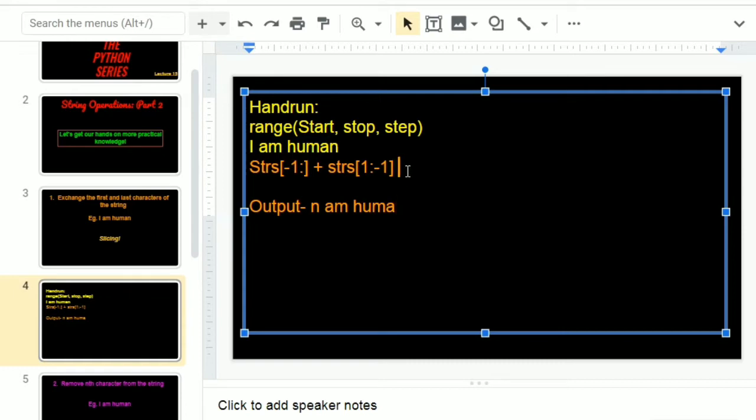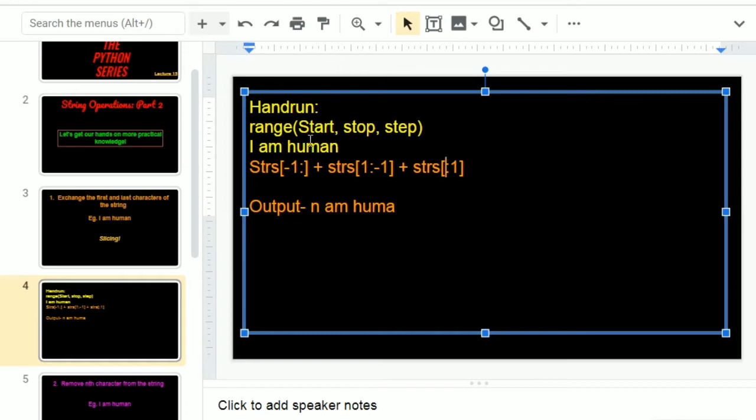Now what we do is, we add this to 1. Now if you notice here, you do not have the start value, but you only have the stop value. Now it tells us to stop where? At 1. And by default, since we haven't mentioned it, the string slicing will start at 0, right?